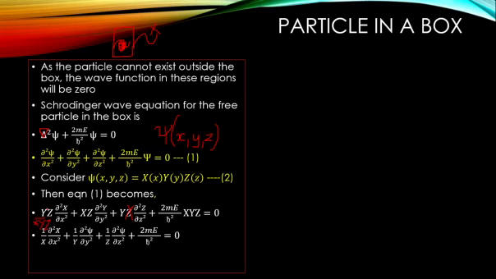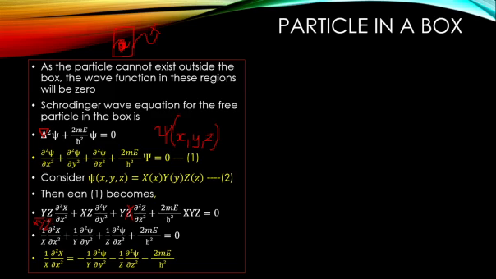If I divide by X, Y, Z throughout the equation, we can see that Y and Z will cancel off in the first term, so the remaining is only 1/X. Plus, similarly, X and Z will cancel off, remaining 1/Y. Plus, Y and X will cancel off, remaining 1/Z ∂²ψ/∂z², plus 2mE/ħ², where X, Y, Z has completely cancelled, which is equal to 0. Now